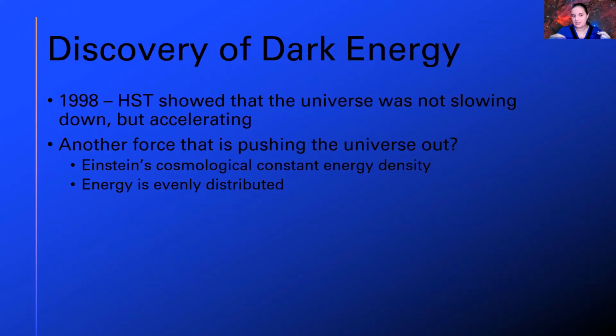In 1998, the Hubble Space Telescope showed that the universe was not slowing down. When we looked at our universe and saw all these different galaxies, astronomers originally predicted that they would be naturally, slowly just drifting, going on their own speed, not accelerating or decelerating, but that sometimes they would get gravitational tugs from other galaxies that they would pass by. And they would slow down because they were being gravitationally pulled, and those galaxies would merge. And then more galaxies would merge and merge and merge,